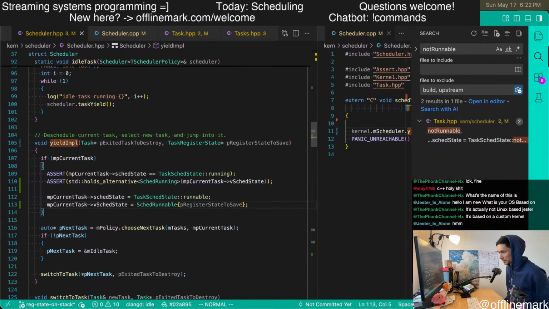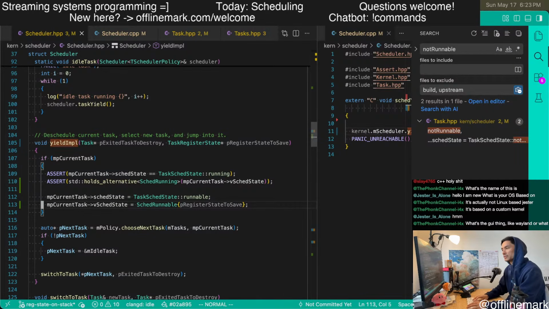Yep. And so now that's what this looks like. And so we're hitting the scheduler now. The old task has been safely saved. And then now we move it into a runnable state, which records this pointer to the register state.